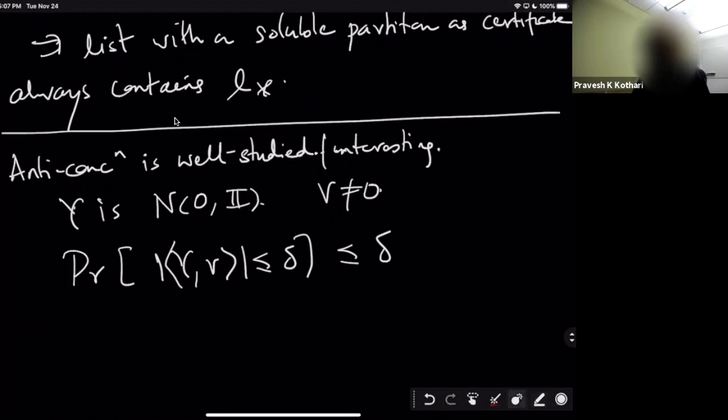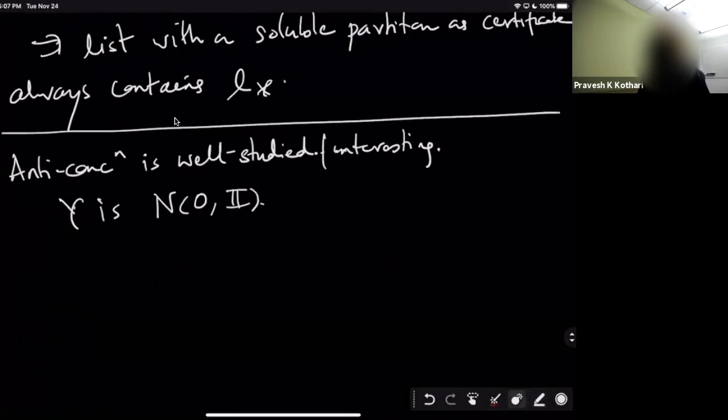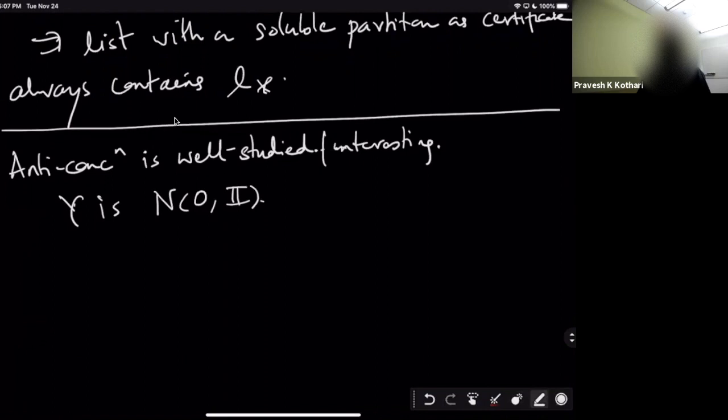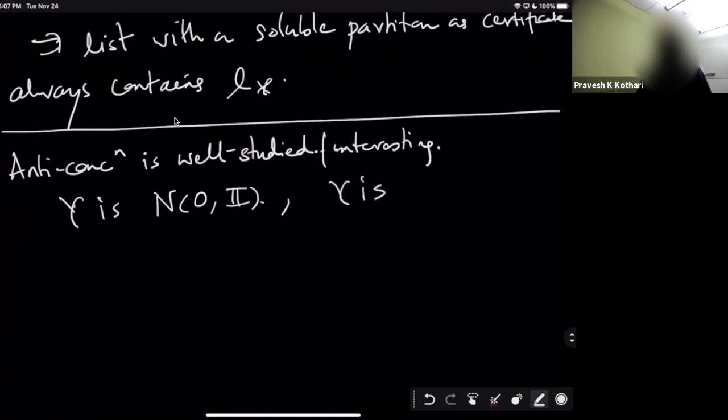This is the property, by the way, that we used the last time. One example of a distribution that we already know satisfies this property is the standard Gaussian distribution. Well, not just the standard Gaussian distribution, but even the uniform distribution on a large enough sample from a Gaussian will also satisfy this. So there is also a claim. Maybe I should say then y is 0 anti-concentrated. It's a pretty awkward expression, but that's what it is.